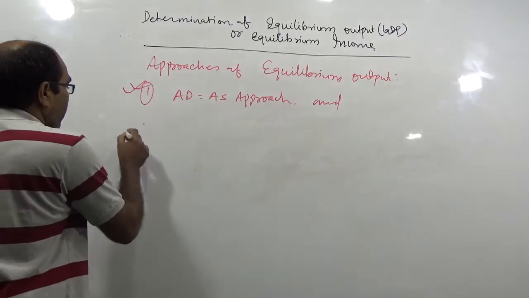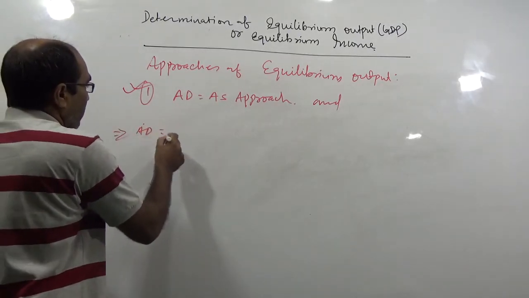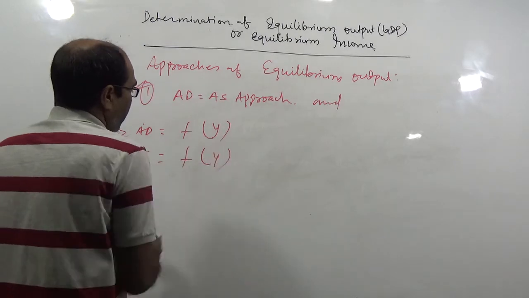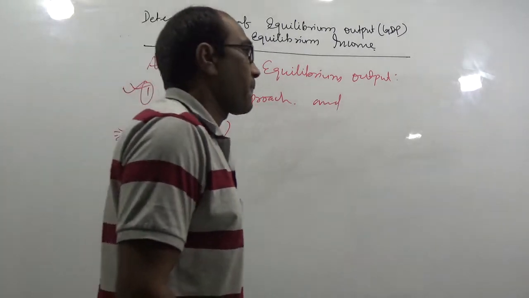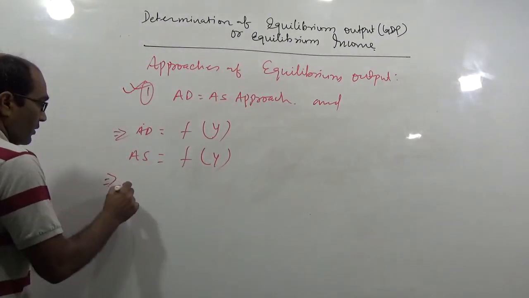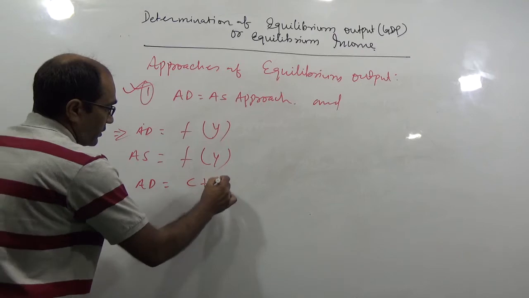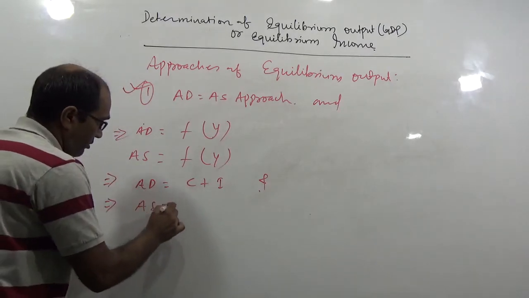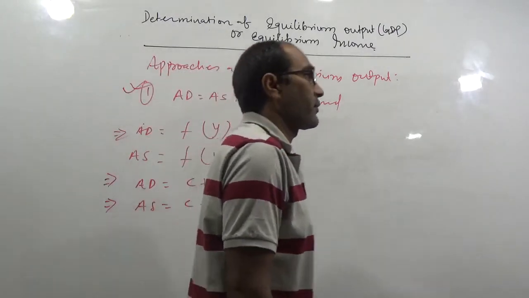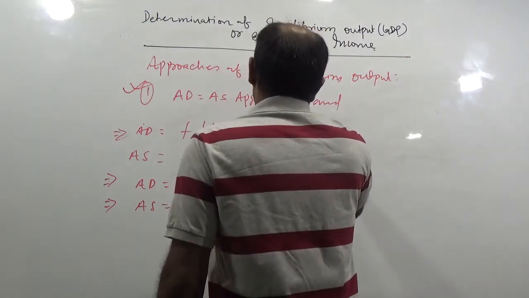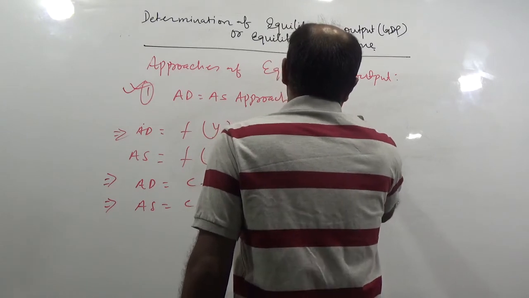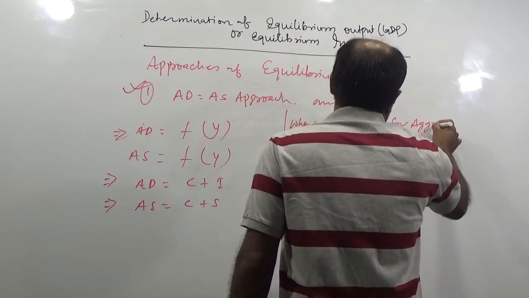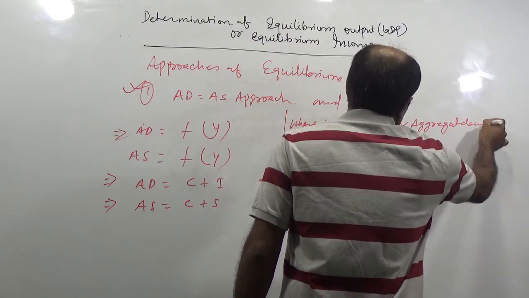Here, AD equals a function of Y and AS equals a function of Y. AD equals C plus I, and AS equals C plus S, where AD stands for aggregate demand,